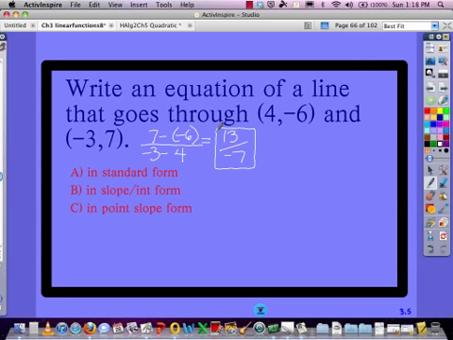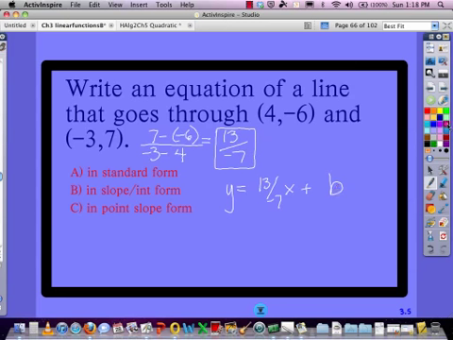Some people say, well, can I write it in slope-intercept first? I suppose we could. So if you want to do part B here, we can go y equals, if we have our slope, 13 over negative 7, we don't have our y-intercept value, and neither one of the given points is a y-intercept. So you could put in one of the 2 points and solve it that way. So if we did that, let's put in